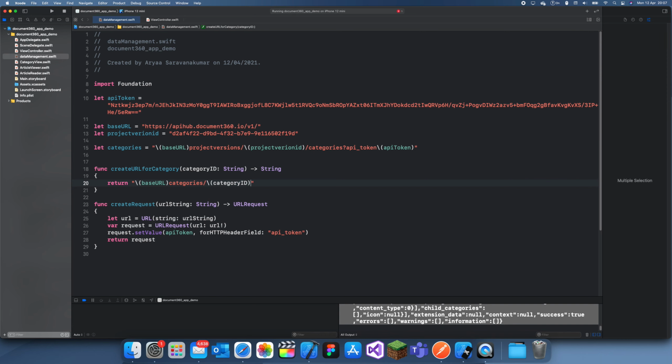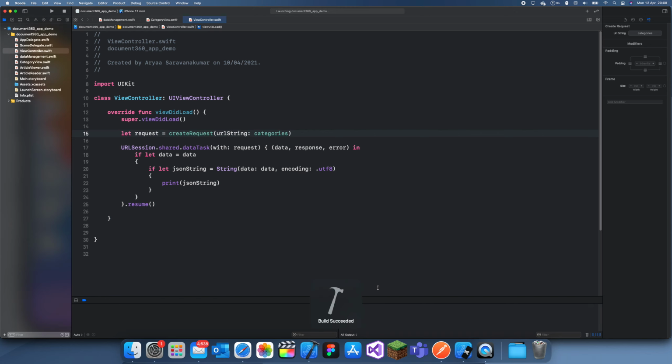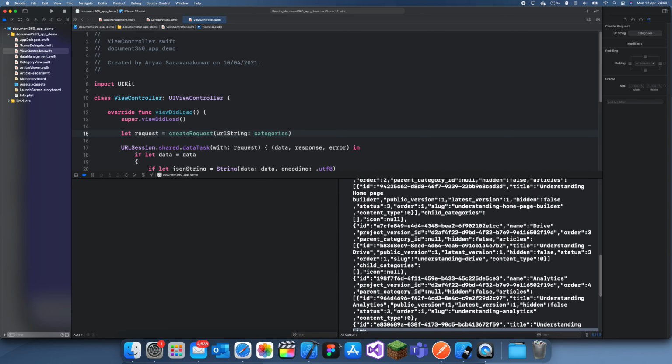There we go. And the question mark just means headers. So if I add the API token there. And so basically APIs are just combining these different elements to get what you want. So this creates the URL for the category. So if I go back to the view controller, and if we run this again, we will get the same data. Copy this,